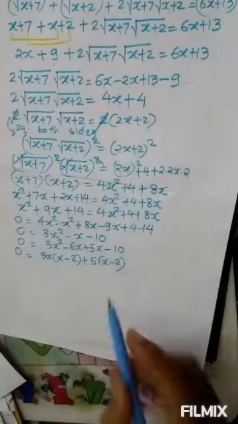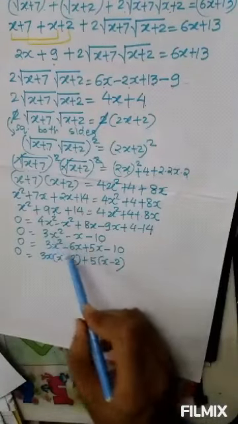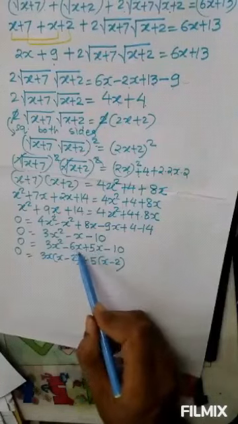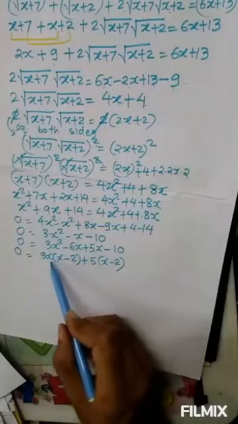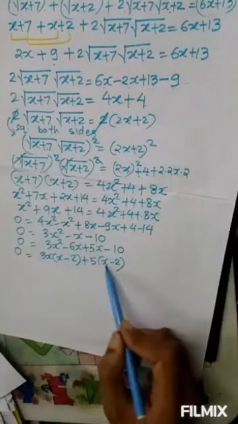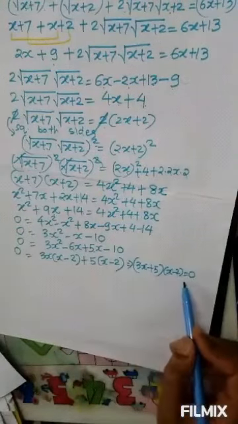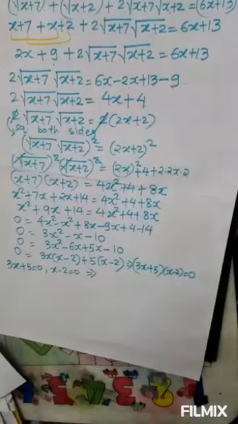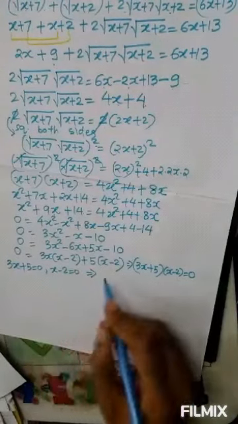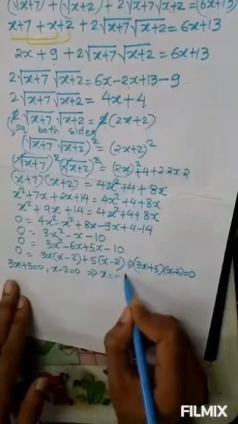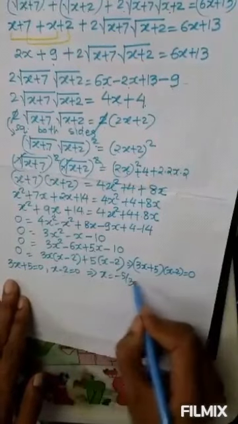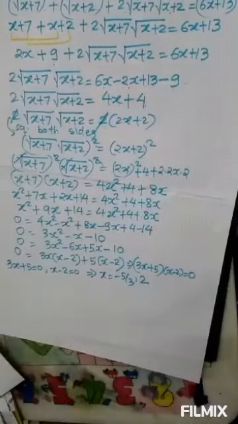Now we will factorize this. So splitting 3 into 10 as 6 into 5, so minus 6x plus 5x. Taking 3x common, and 5 common, we will get the two factors as 3x plus 5 into x minus 2 equals 0. 3x plus 5 equals 0 gives us x equals minus 5 by 3. x minus 2 equals 0 gives x equals 2.